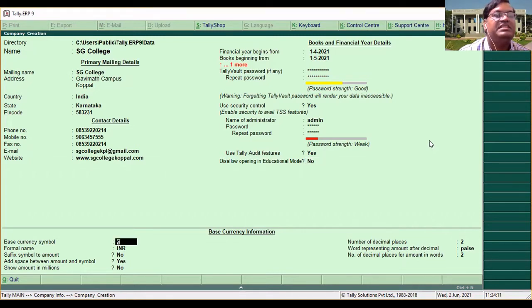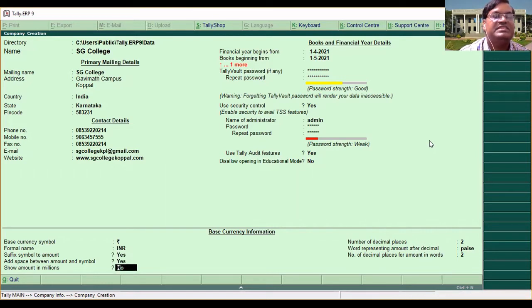After that, the base currency symbol, the rupee symbol, and INR Indian national rupee. So Indian rupees we are using as the currency formal name. Whether it has to be suffixed with the amount, make it yes, and a space between the symbol and the amount should be there. Yes. Okay, show amount in millions.